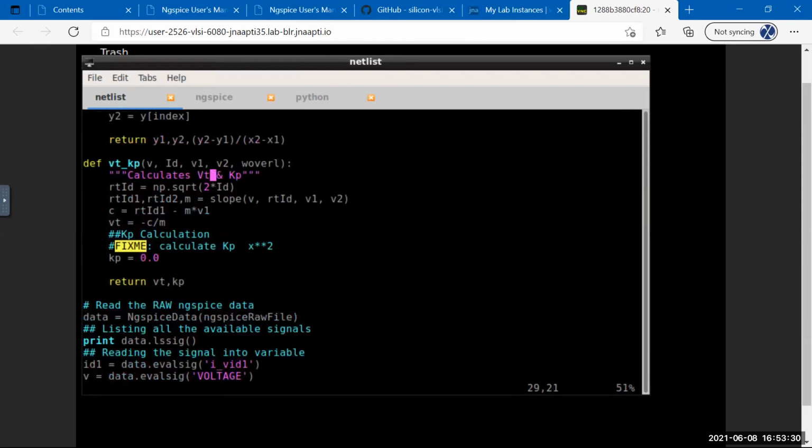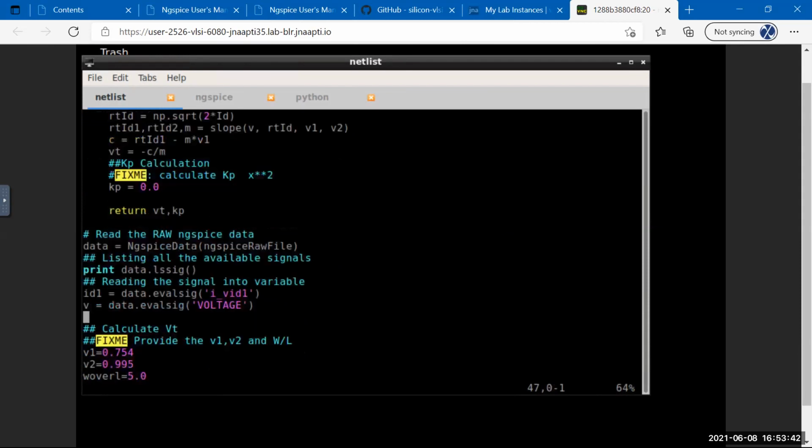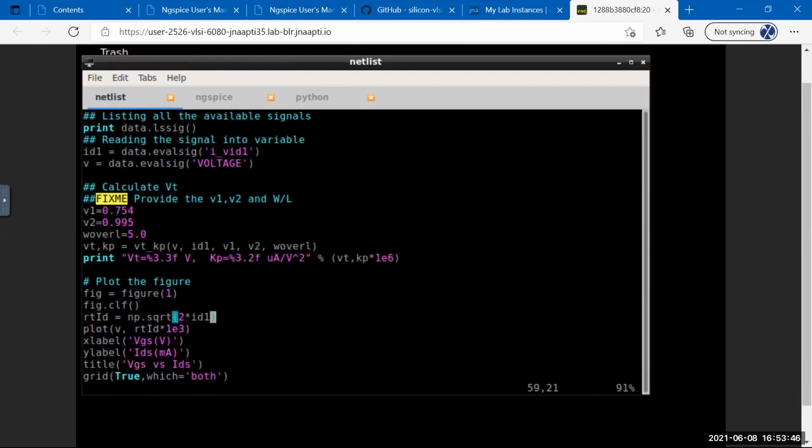Kp is m star star 2 divided by W over L. It is not 0 because your calculation is 0. So what is happening is